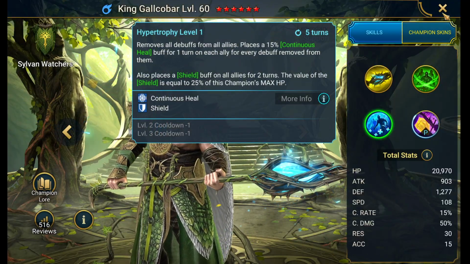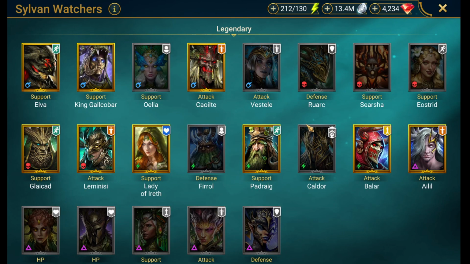Yeah, continuous heal. I don't know. Maybe I'm not set. That's a lot of healing going around. Maybe not enough damage. Lemonisi, and I'm rebuilding Lemonisi. She's one of the few characters I'm rebuilding, so I'm currently rebuilding her to solo Amius. So I don't know how useful she's gonna be in Faction Wars hard because she might not be geared correctly for that. So that would leave Balar as my only